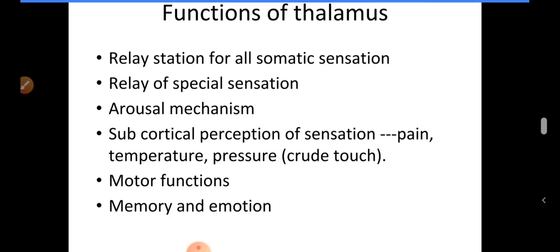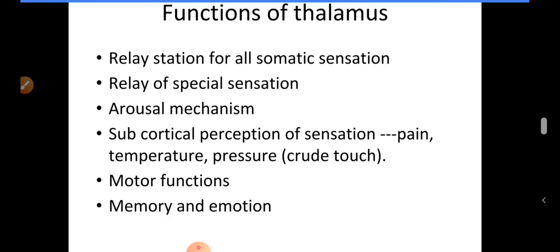Also, the thalamus has a role in emotional aspects of behavior because of the intimate connection between the thalamus and the frontal cortex and the hypothalamus. So, the thalamus is involved in the subjective feeling of various emotions. Thus it acts as a part of the limbic system. It also acts as a part of the Papez circuit, which is concerned with recent memory and emotions.